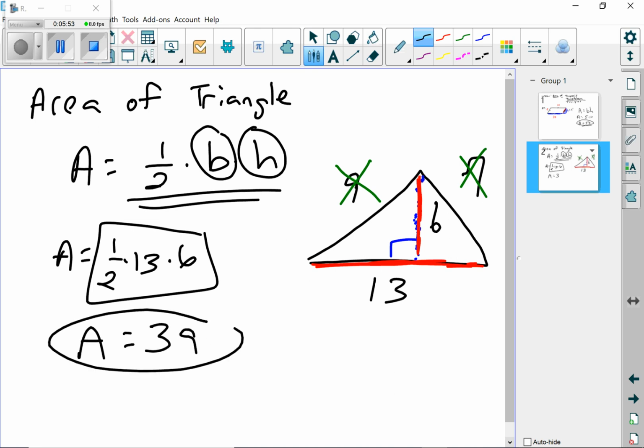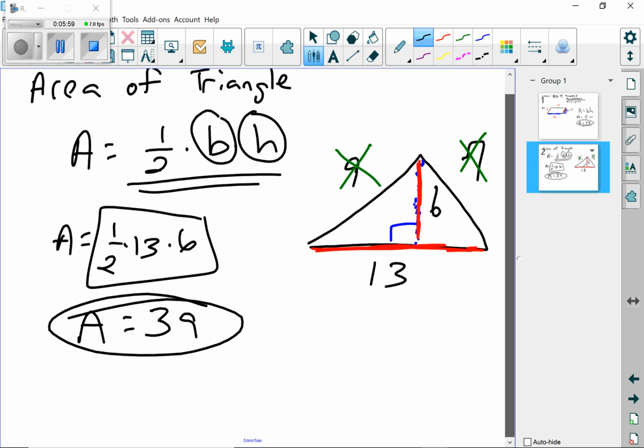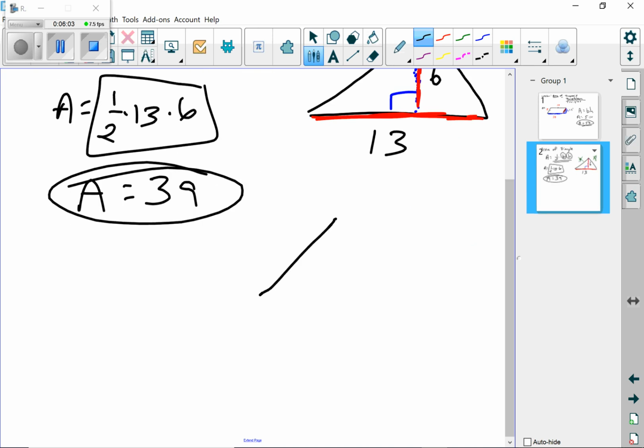Right? 39. Okay? That's the triangles. If, just for example, you have right triangles, maybe you got a triangle that looks like this, and they put a right angle mark up here. Well, then right now you know that the base and the height are these two sides because they're connected with a right angle mark. Even though neither one of them are going up and down or on the bottom,